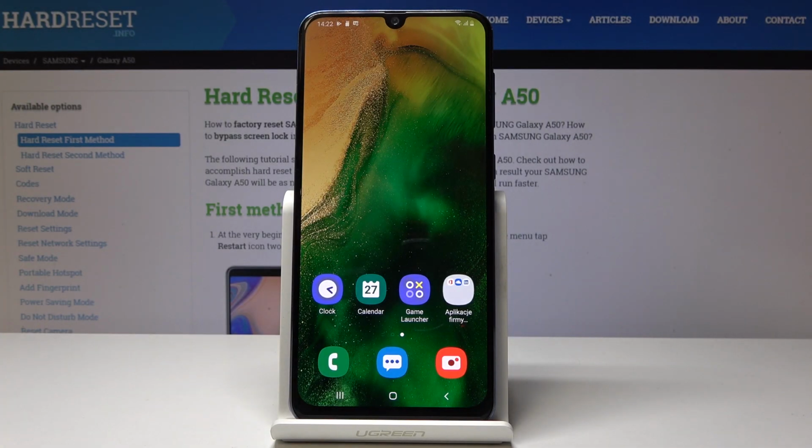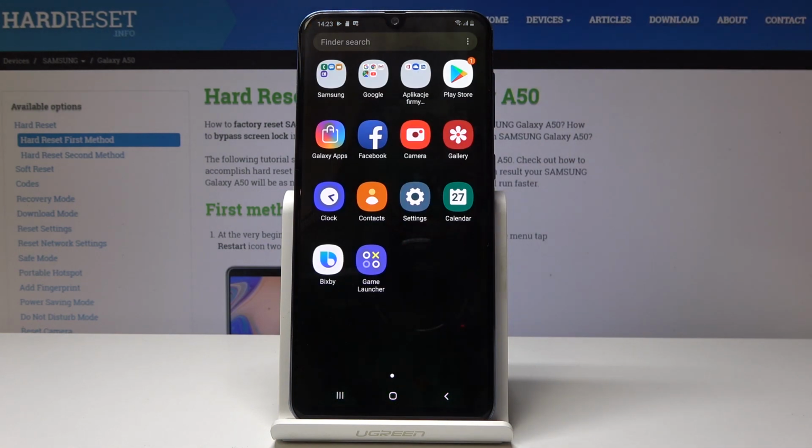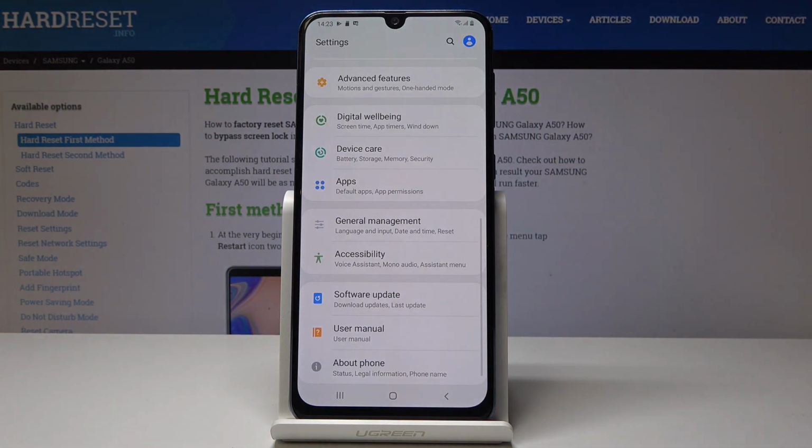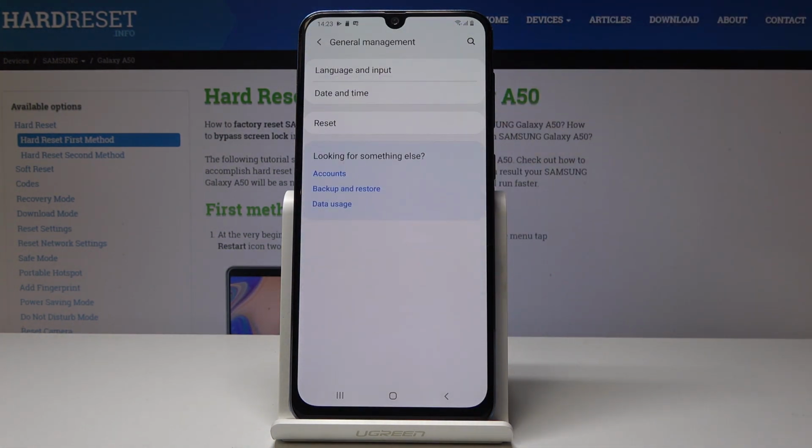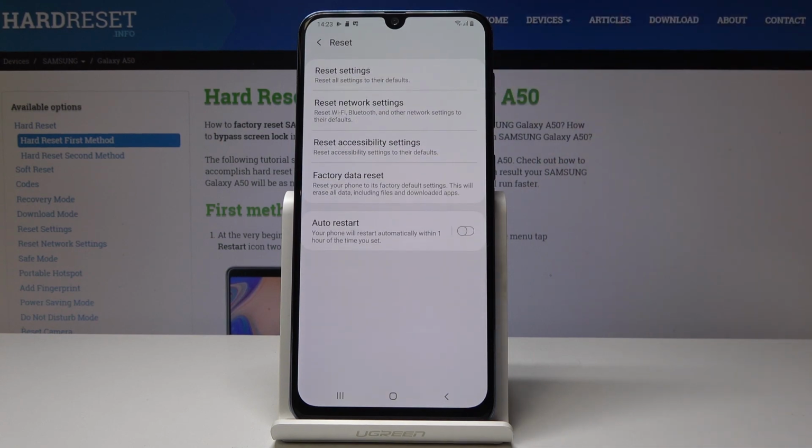Samsung Galaxy A50, and let me show you how to reset settings on the following device. At first you have to open the list of all applications, then find and select Settings. Go to General Management, which is here, and now click on Reset. The very first option is Reset Settings, so if you would like to reset all settings to their defaults, simply